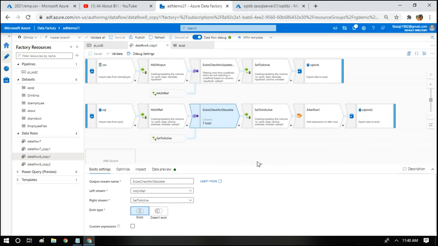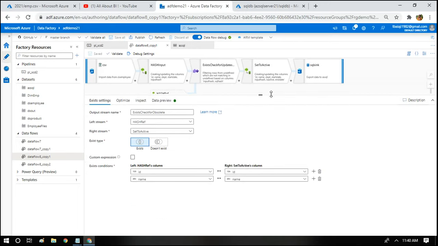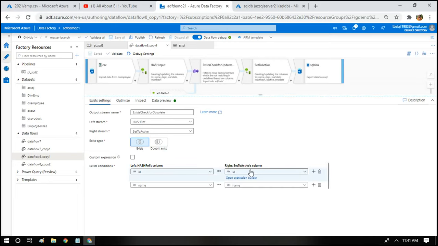For that, we are going to use the ID column and the name column. For these columns, if we find records which are already present in your table, for example, you are getting an ID and name from your CSV file and it already exists in your table as well, then we have to make those records inactive. The file is bringing some record, and the same ID and name also exist in your table, which means both seem to be similar records.